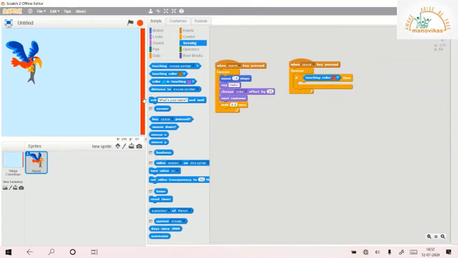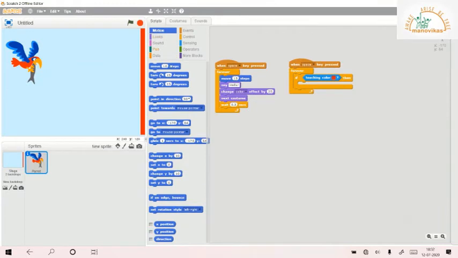Now for that, we'll go back to motion and use this block. X and Y here show the position.